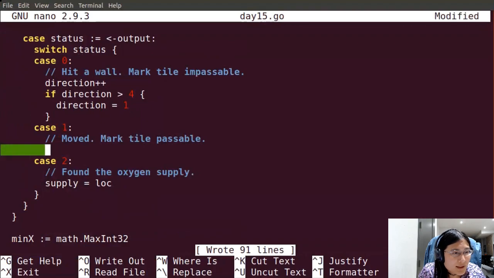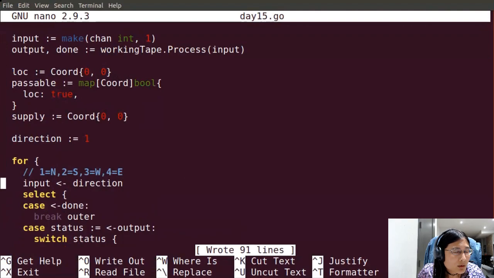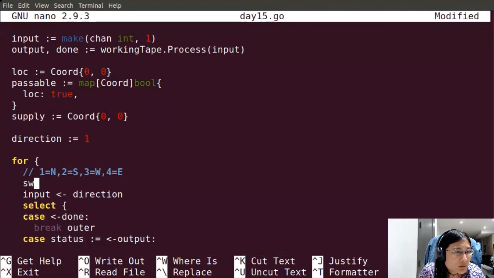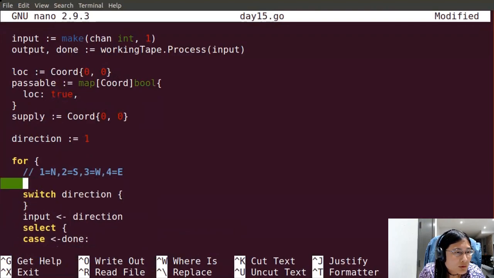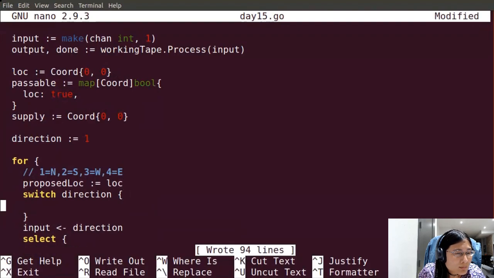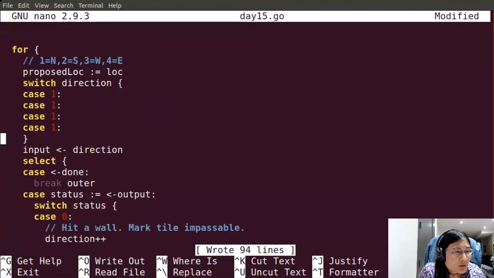Okay, so in this case, if it's passable, okay, 2, 3, 4.